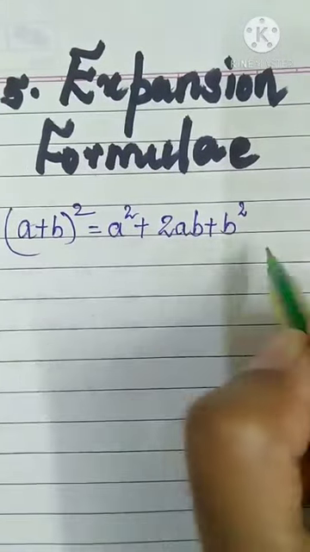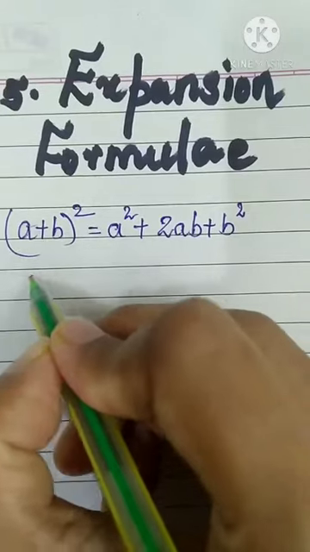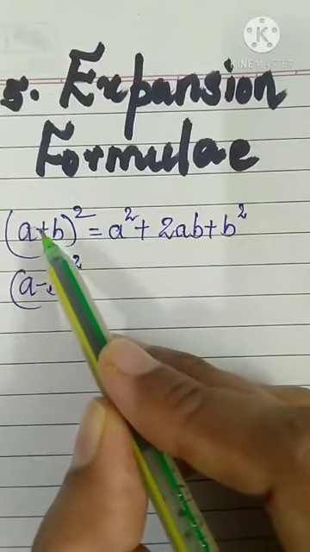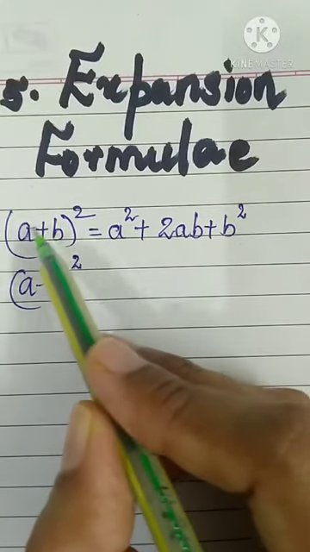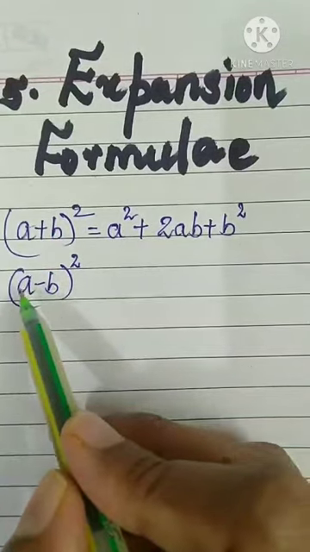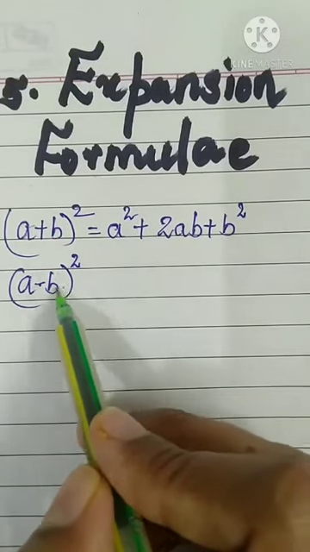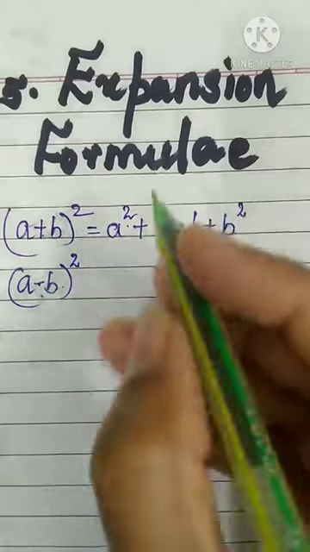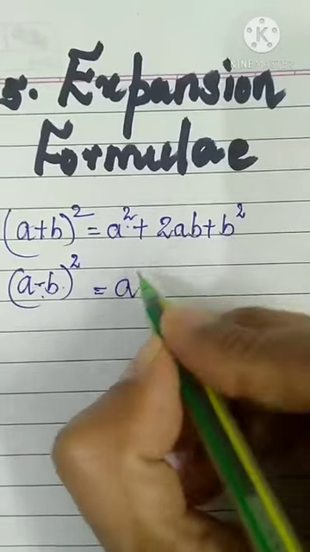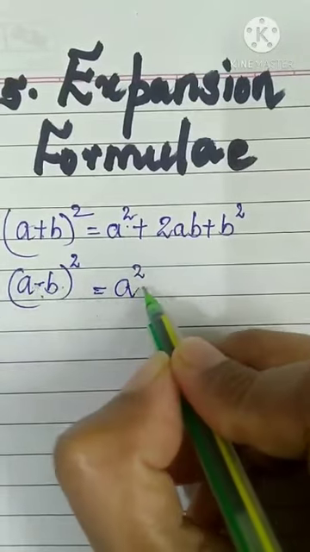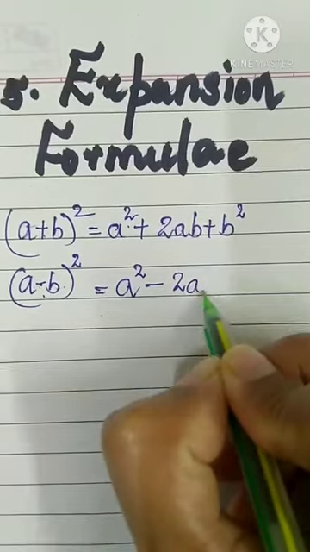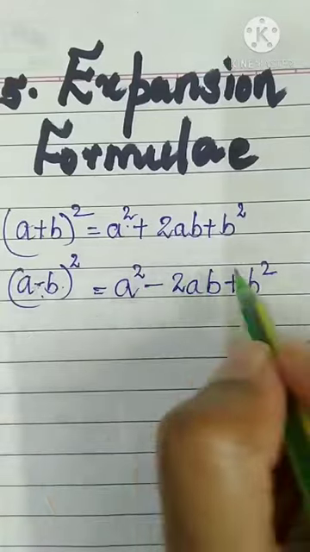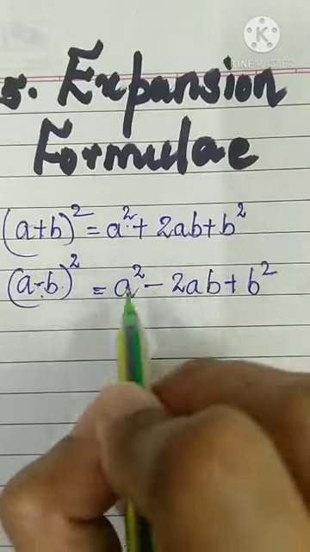You remember this formula, no? Same way, now we have another formula, a minus b the whole square. One formula where you have addition between two terms, the next formula where you have subtraction between two terms. We have separate formulas for both, one for addition, one for subtraction. Here the expansion will be a square, and because we have subtraction, next sign minus 2ab plus b square. When you have a minus sign, it will be alternate: minus, plus, like that.